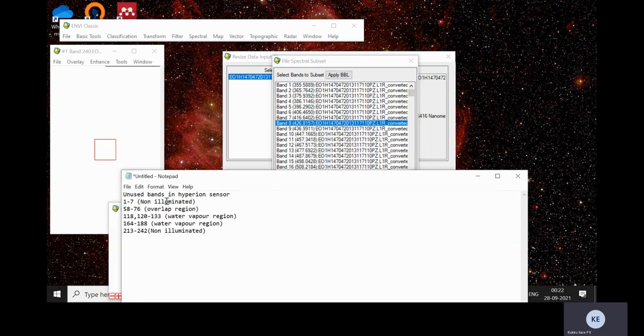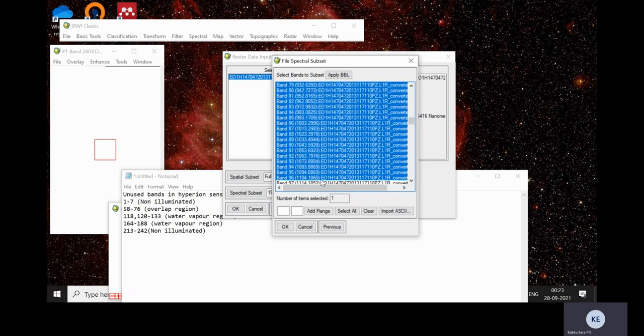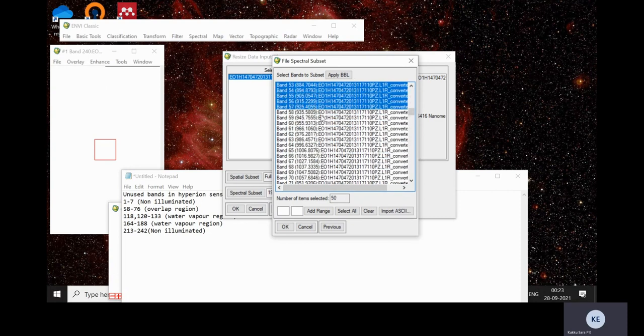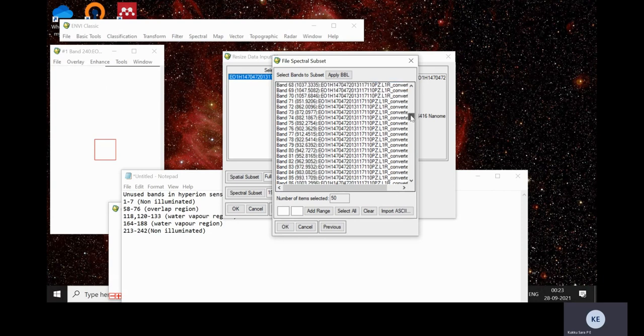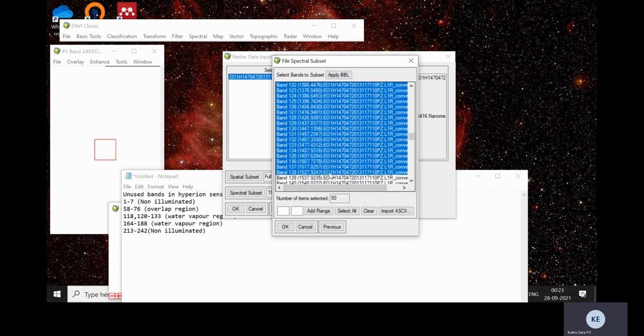Here band 1 to 7 is not having any information, and band 8 to 57 is having data. So we'll just select band 8 to 57. Then band 77 to 117. Press Control and select 77 to 117.